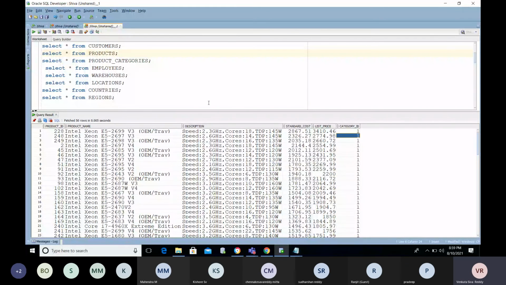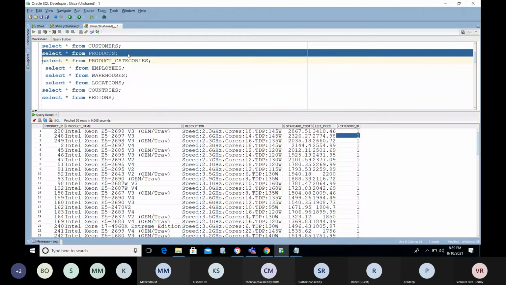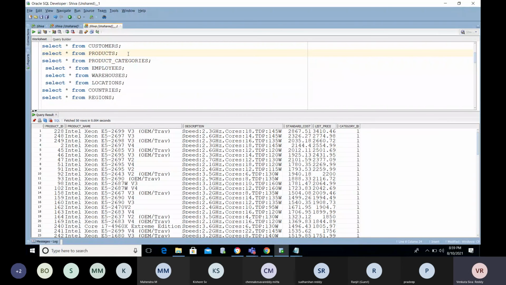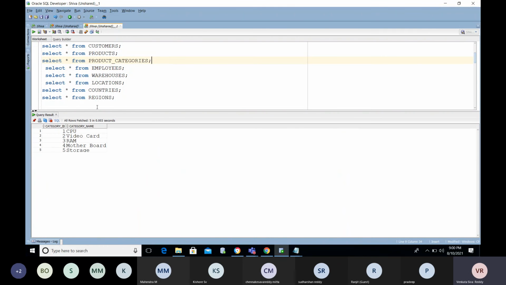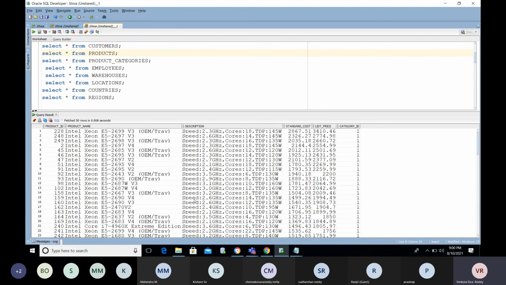If you want to find this category information, where will you get it? In the product category table, we will get the category ID. You understand?